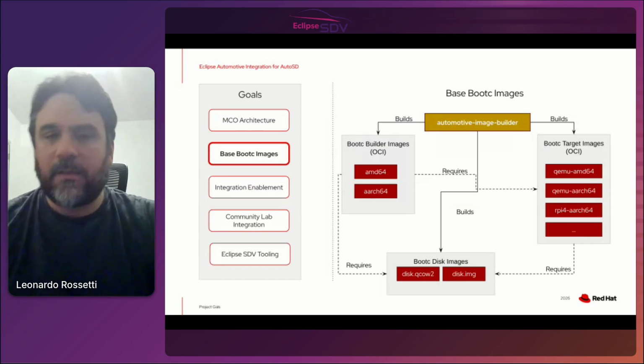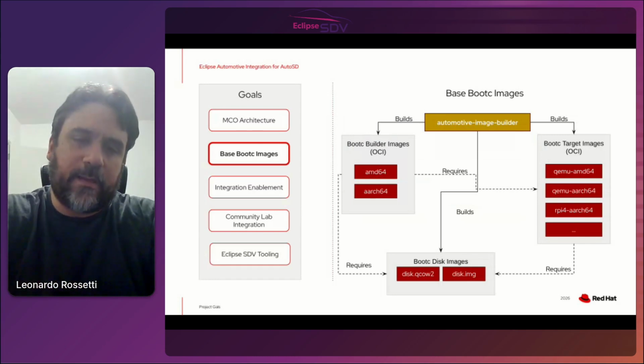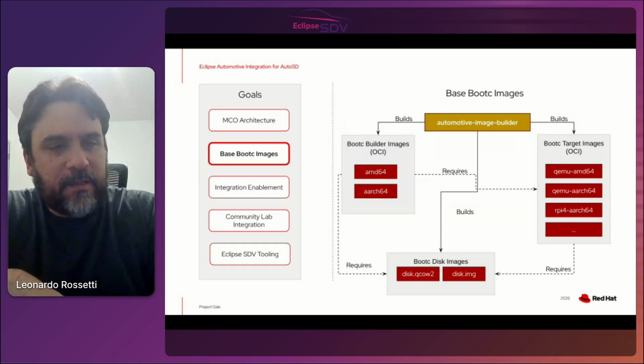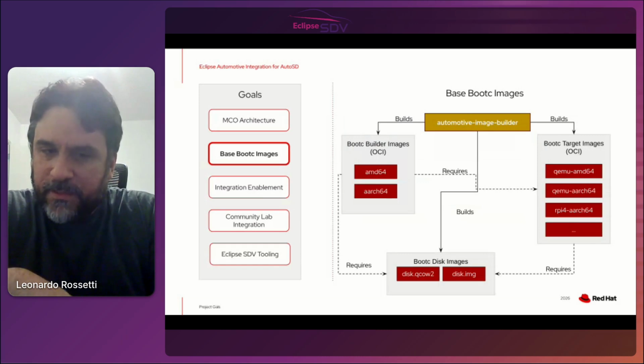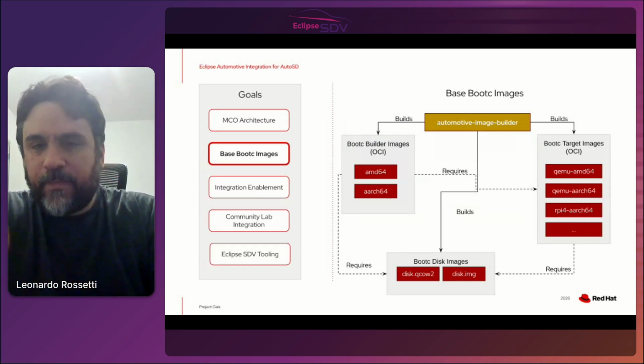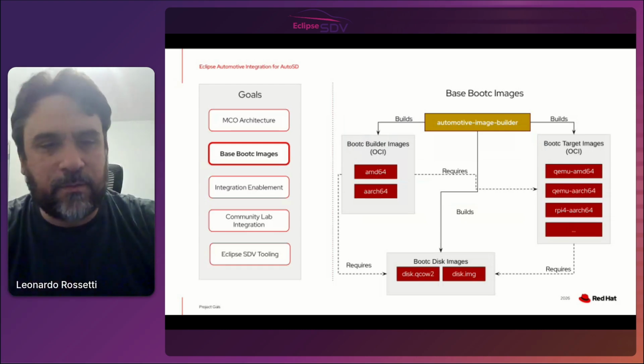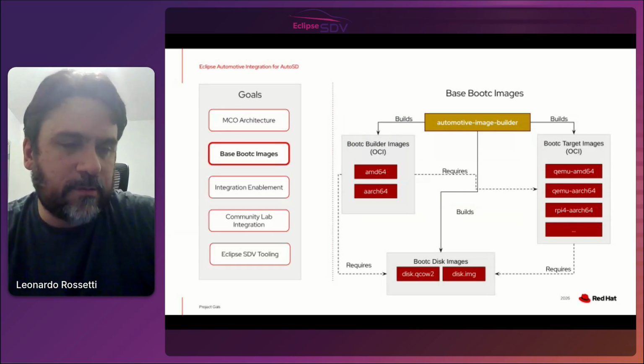So basically, with this, we almost entirely reduce the environment disparity, because you're generating everything from the same source. You can use the bootc target image locally to run tests